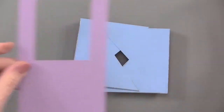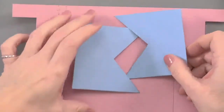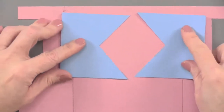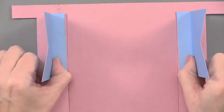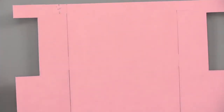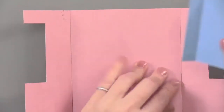Set the panel frame away for just a moment. I get back to the main card, and I'm going to show you how to place these. I want these to end up like this. The tabs are actually going to be glued not on the center area, but on the left and right sides here. So the front panel, the two front panels of the card, let me make that clear. The two front panels of the card, what you see here, those are the ones that we're going to tape